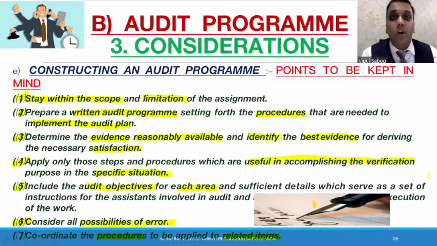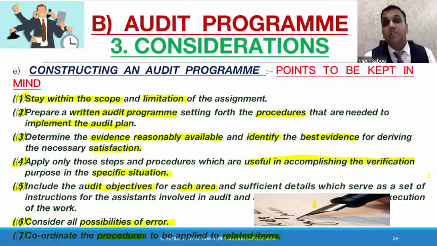Markup is always on cost. It is never on the selling price. So what mistake did J commit? A notional mistake, J. You might not commit this mistake. The markup is always on cost and not on the selling price. So it should have been 20% on the actual cost.